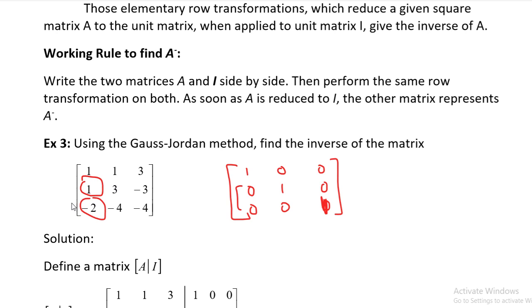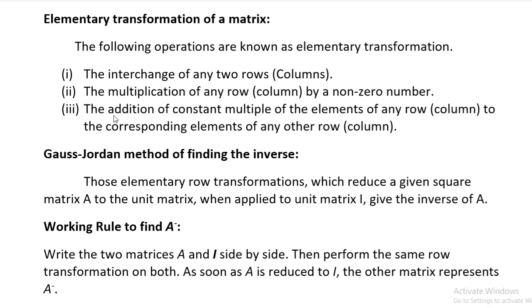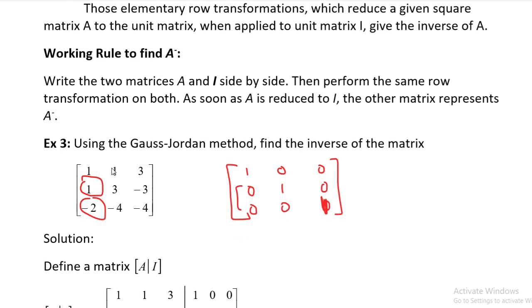So how can I make this 0? If I subtract the first row from the second, because I can multiply one row and add it to the other. So it means I can multiply this row with -1 and add it here. So it will become 0. Basically, we are subtracting it. Similarly, if I multiply this by 2 and add it here, 2 minus 2 will give me 0. The row which is being used does not change. In this operation, when we said an addition of a constant multiple of any row, we are using this row in the second row, so the row which is being used will never change. It will stay the same.